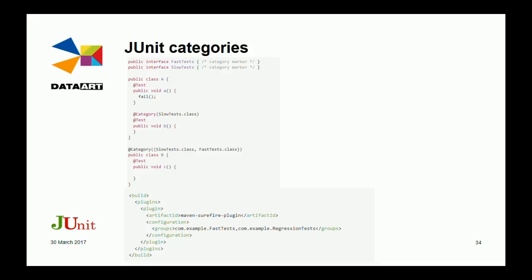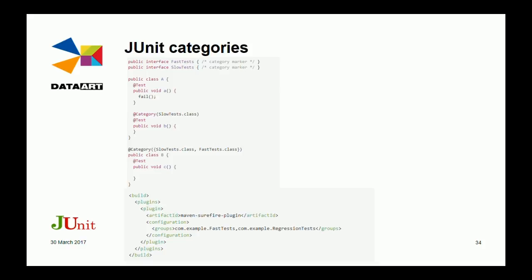Previously there were categories in JUnit 4, and in JUnit 5 there are tags, and in JUnit 5 you can use a tag not only for a test method but for a testing class as well. To include them, if you use Maven, you can use the Surefire plugin and just mention your group of tests. We are talking about the Surefire plugin, but there is another plugin.